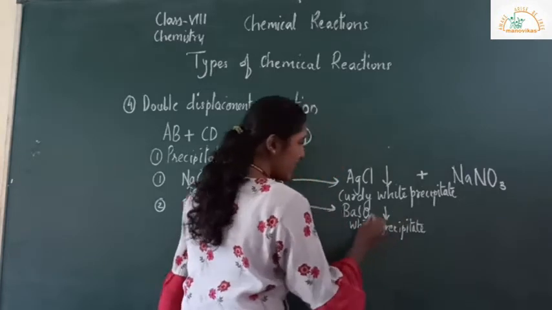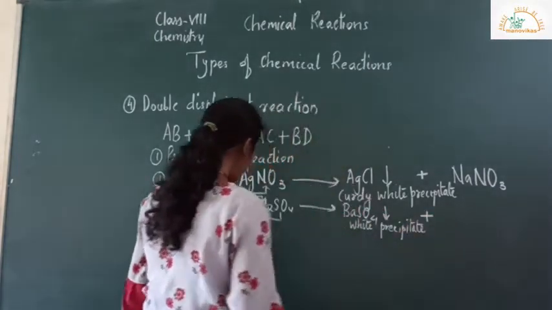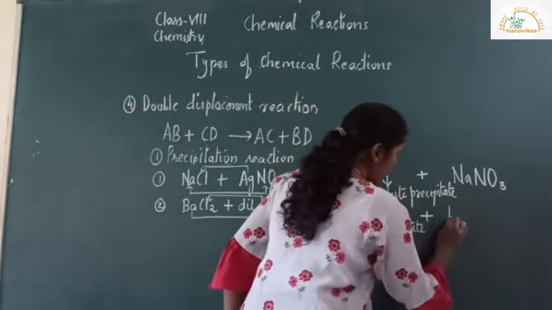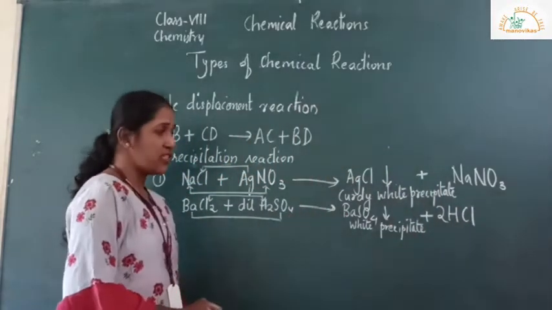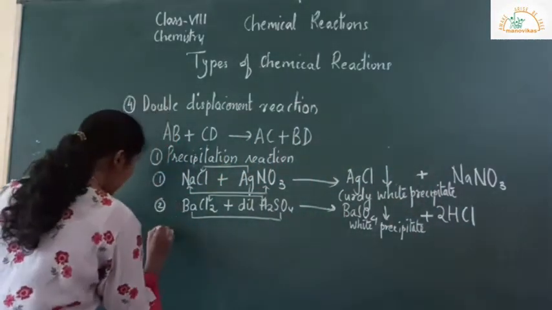So precipitate is given with the downward arrow, plus what I will get is the hydrochloric acid. So you need to check if the equation is balanced. Third one,